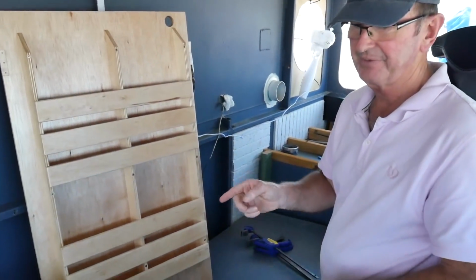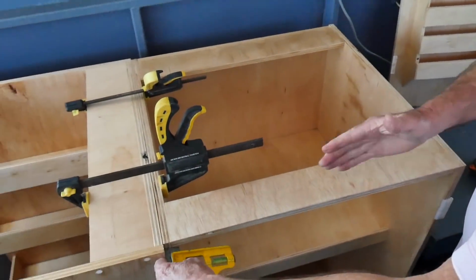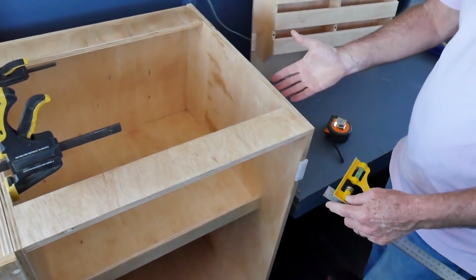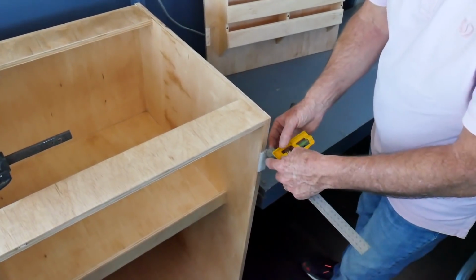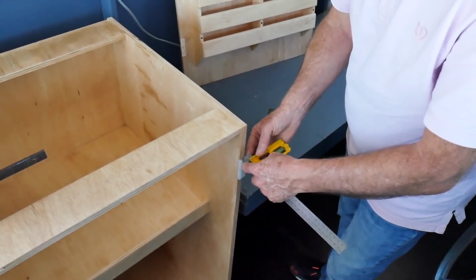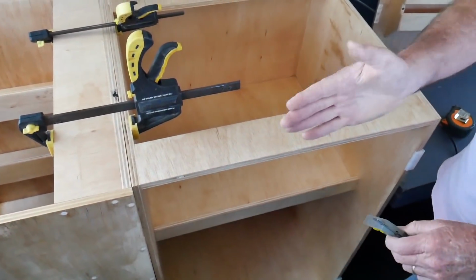So this ply is 15 mil. Yeah. And we need to set this back 15 mil plus a little bit, and the little bit is probably about the depth of that hinge, which is 3 millimeters. So we really want to set it back 18 millimeters, just so that